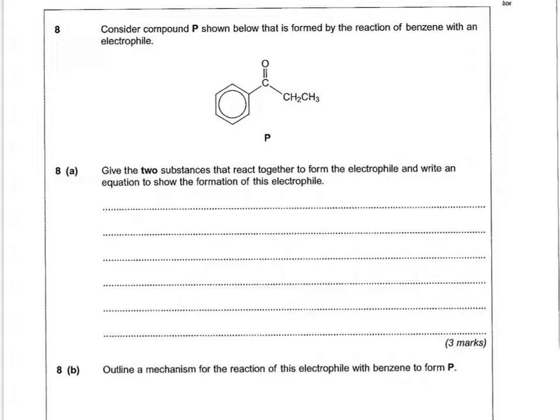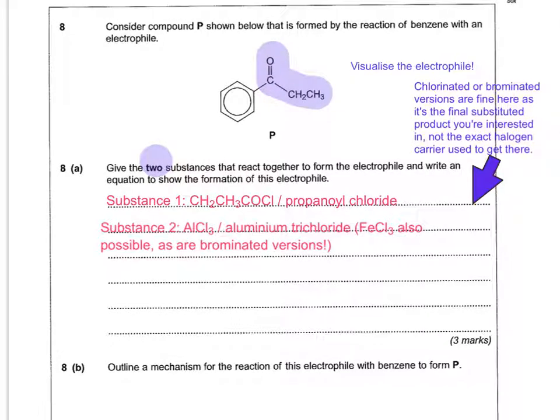So the first thing it asks you to do is to consider compound P, which has a benzene ring with an electrophile attached to it. So what you've got to do is visualize the electrophile. So obviously it would be that part of the molecule. Then it says to name two substances that react together to form the electrophile, and write an equation to show the formation of this electrophile. So the first substance is CH3CH2COCl,